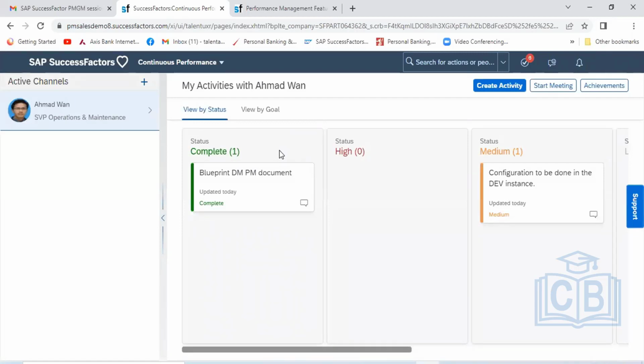Job profile specifies how you are creating the competencies. There are two types of competencies. What is the standard one? The standard one is already in the SuccessFactors library, that we can take from the standard one. If the customer says that I want a custom competency, competency is nothing but the skill.